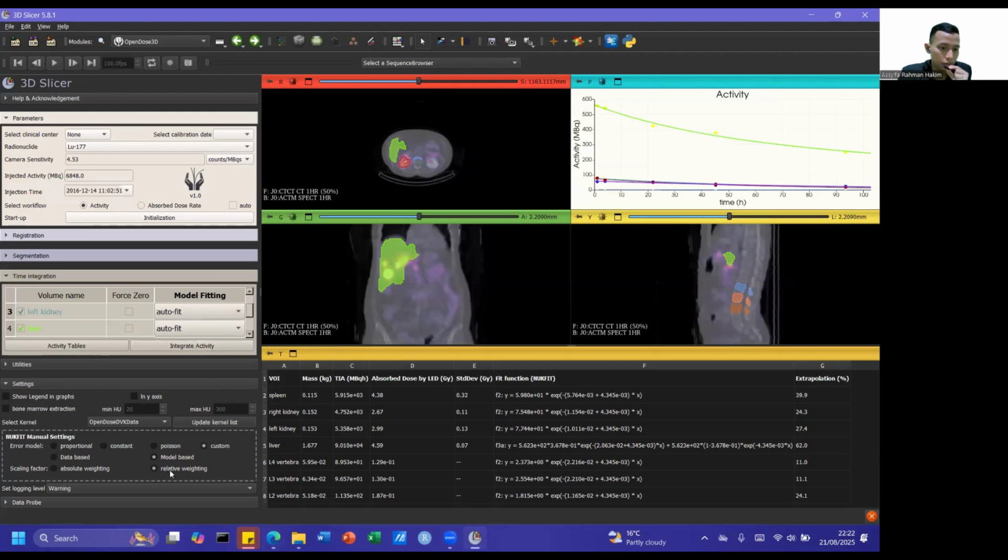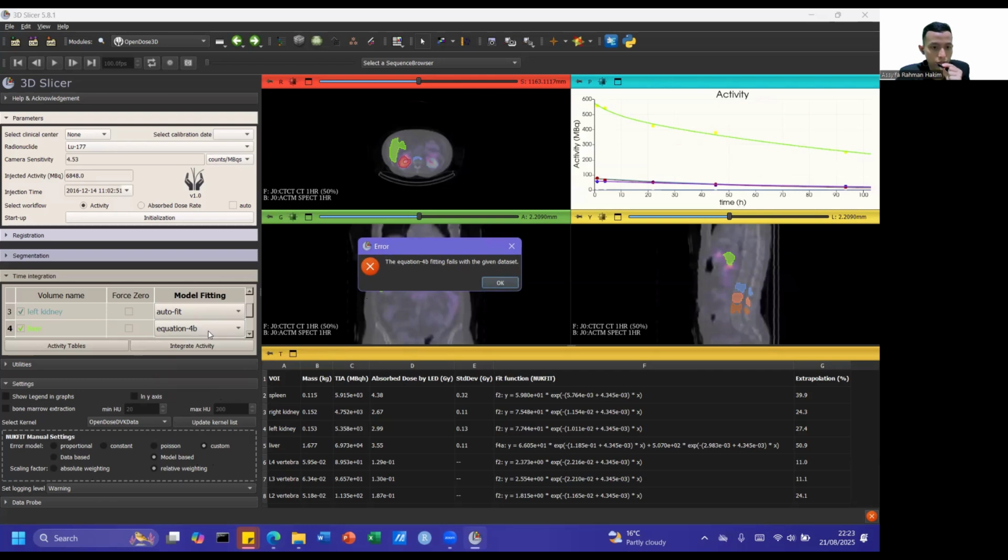As you can see over here, with absolute weighting, we can perform the equation for A, for example. But for relative weighting, if we perform with another function with 4 parameters, it will show some errors because it adds another parameter. So it will mostly perform overfitting, and it will produce an error.